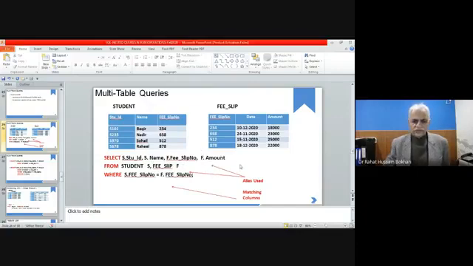So these aliases are used, and in the where clause we say S dot fee slip number equals F dot fee slip number. It means the slip number from the student table must be equal to the slip number of the fee slip table. So when they are equated, we can get this. Let's suppose S101 Bakar has paid this 18,000 on such and such date because 234 and 234 are equal. So in this manner, we can get the data from both tables. And this is the common column between the two, that is a matching column.